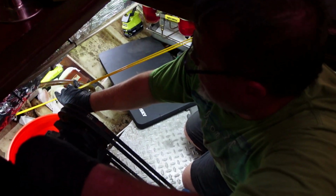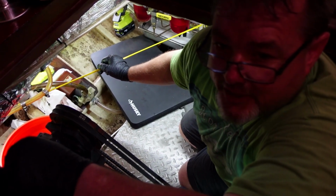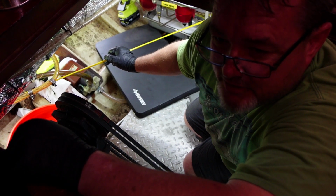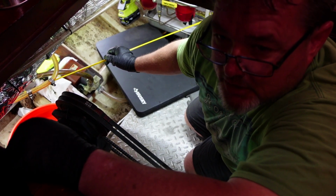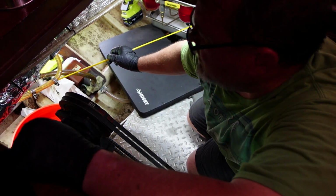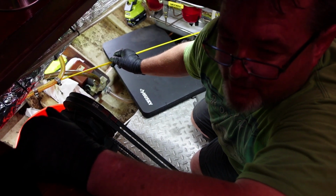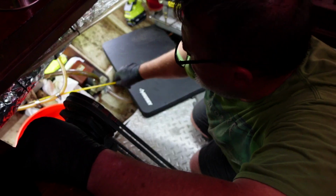So I've got these fiberglass rods, and this is basically going to be our vacuum. We're going to try to get as much out. And you'll see outside there is a diesel pump that's pumping into a 5-gallon bucket. So I probably got about 2 gallons, maybe a gallon and a half that I got to get out. But I'm going to try to use this to vacuum it out so I don't have to go in and get the schmutz out later. So, alright, let me get in position